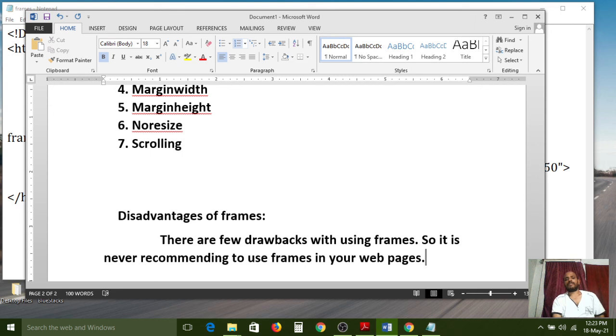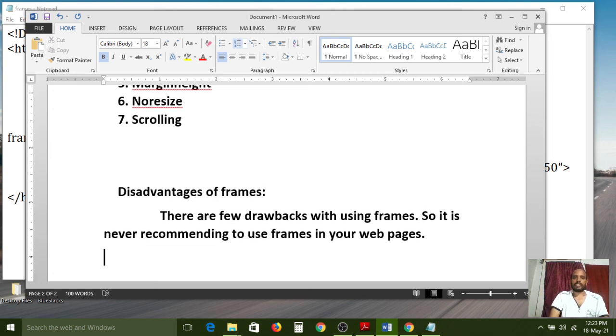Actually, there are a number of drawbacks, so that's why frames are not recommended by software companies. So now let us see what drawbacks we have.